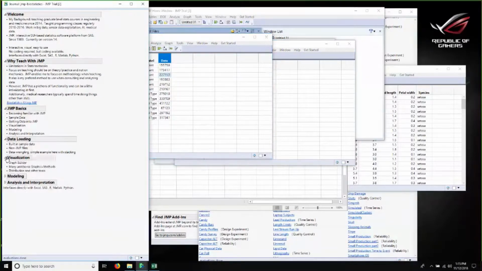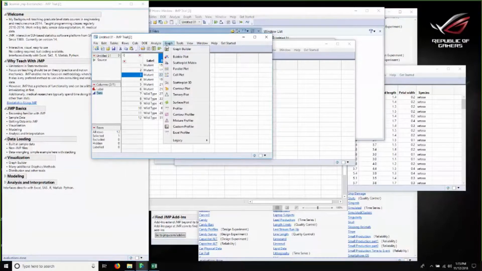So I'll open up this part of the JMP journal, and we'll look at Graph Builder. JMP has a lot of graph options. Some are extremely useful on almost every data set. Some are very specific to certain problems. Graph Builder is one of the most powerful tools because it lets me do almost everything in the other options